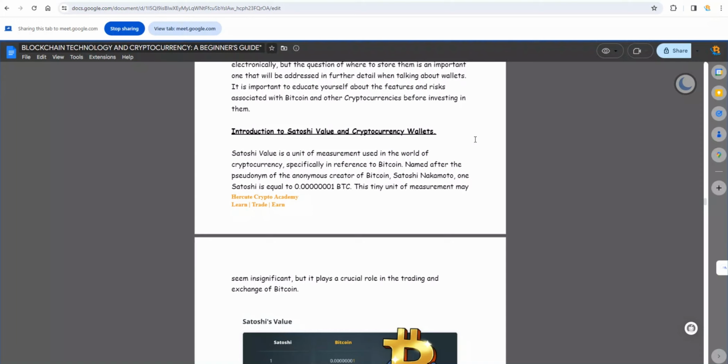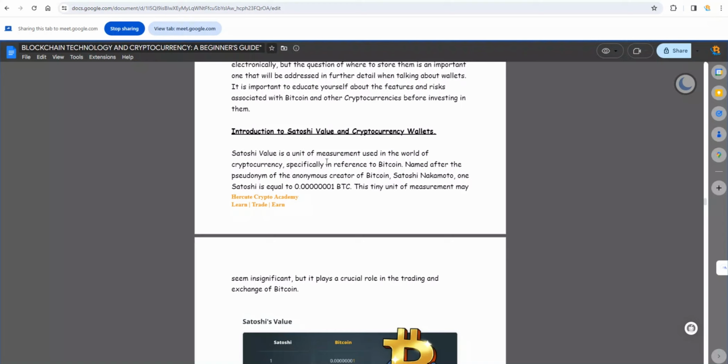Now, there's something very interesting that I want us to look at, which is an introduction to Satoshi value and cryptocurrency wallets. So a Satoshi value is a unit of measurement, the smallest unit of a Bitcoin used in the world of cryptocurrency, specifically in reference to Bitcoin, named after the pseudonym of the anonymous creator of Bitcoin, whom we've said is Satoshi Nakamoto. So one Satoshi is equal to 0.00000001. So if you look, these are 8 decimal places, meaning Bitcoin is divisible to up to 8 decimal places,